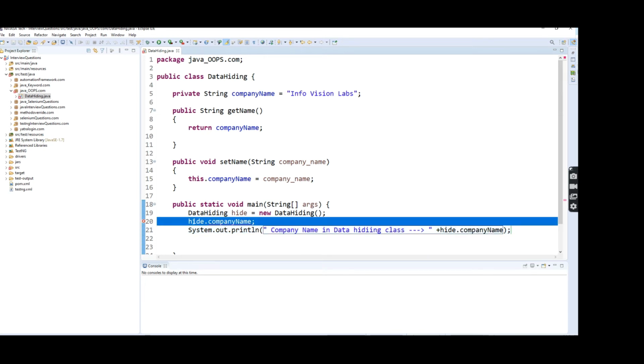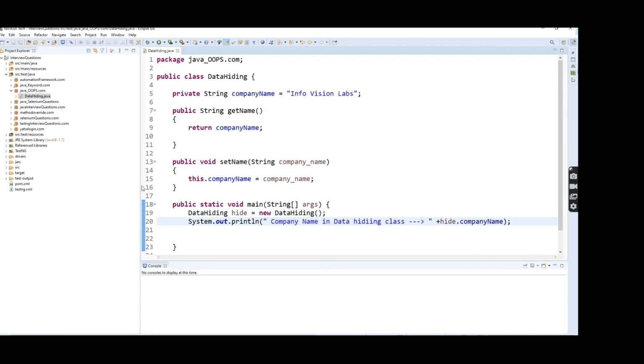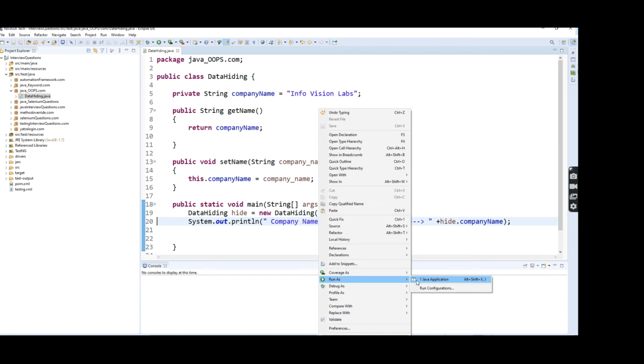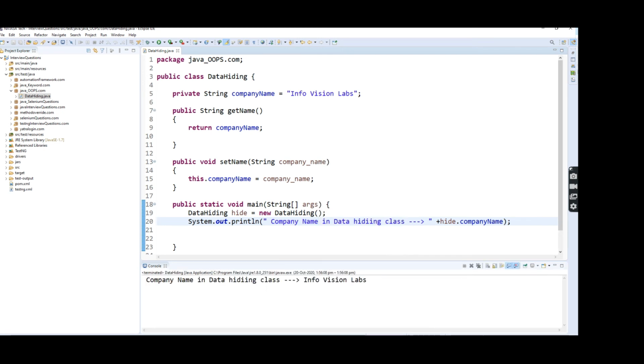So I'm just removing it. Now I'm going to execute this data hiding class. So successfully we are able to access this private variable value after declaring the main method inside the same class. The private variable can be accessed in the same class only.